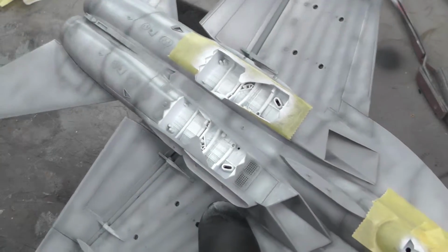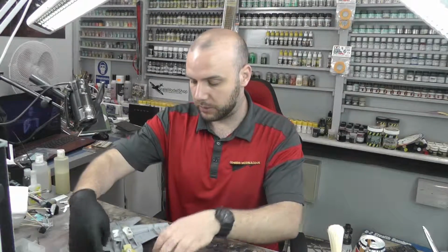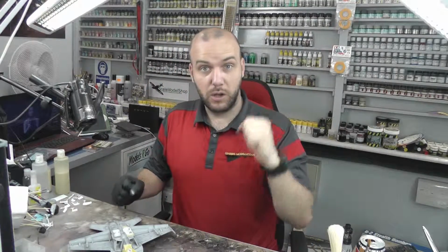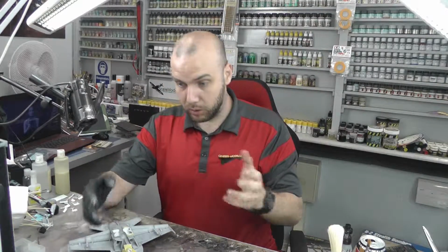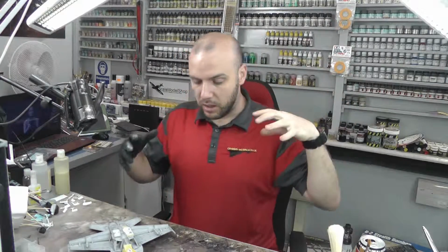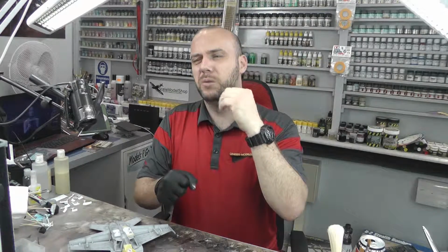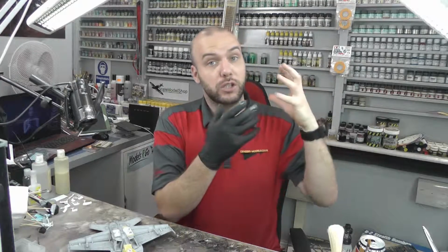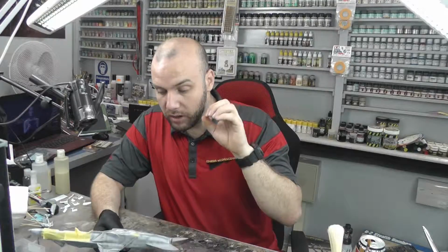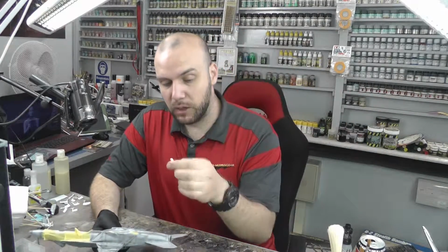Basically, with a cotton wool bud, you've got to think about different drying times. The actual spray work that we've done, all this grey, has had time to dry, properly go rock hard and cure. So it's a lot harder. Plus, if you know your paints, the Mr. Hobby colour range does dry to a very nice hard satin finish, whereas Vallejo dries to a matte finish, and the Vallejo has just been sprayed down. It's touch dry, but it's not properly cured and gone rock hard and had 24 hours to properly dry. So if we rub at it, we're going to rub away the white paint first,